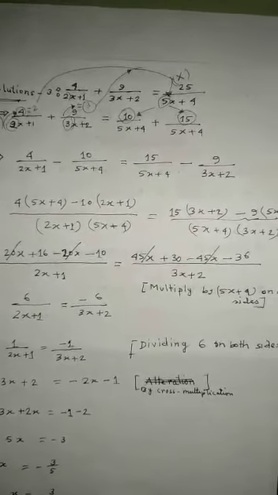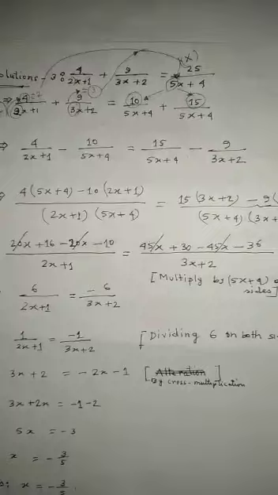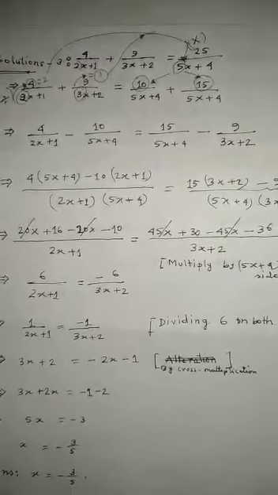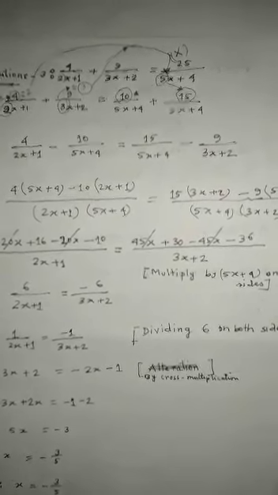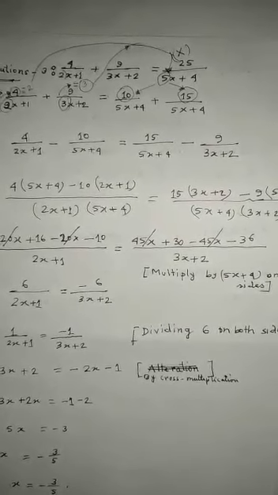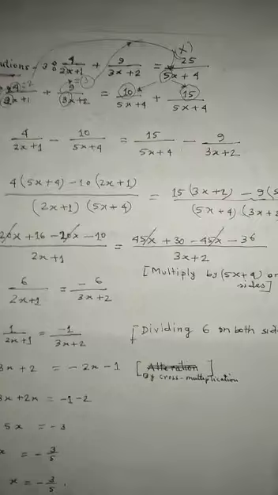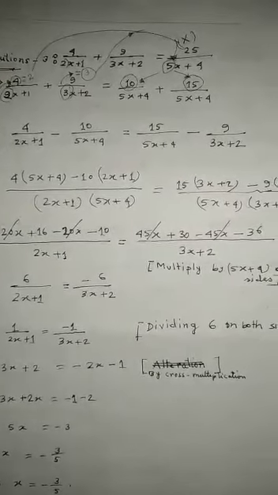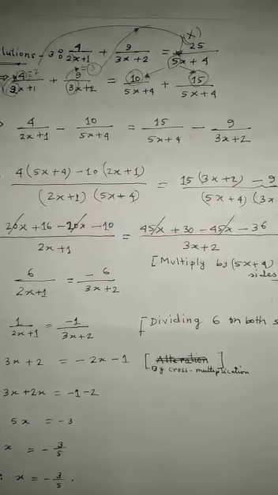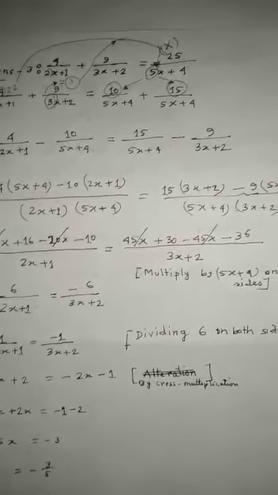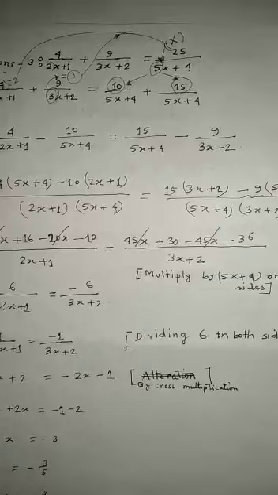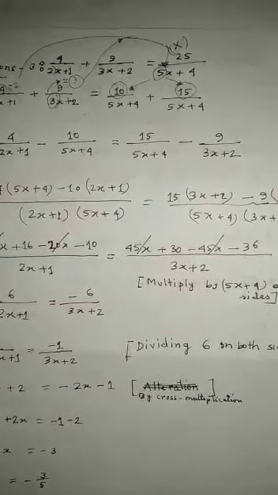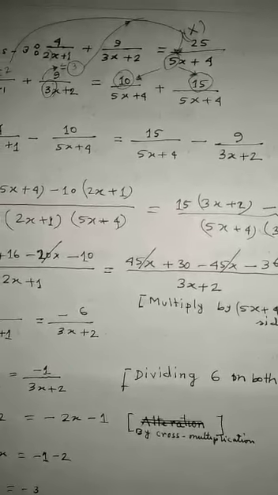This is especially for the grade 9 general mathematics exercise 5.1. I will solve question 3 and 4 and students can solve 5 to 13. At first, the solution of question number 3, and the question is 4 by 2x plus 1 plus